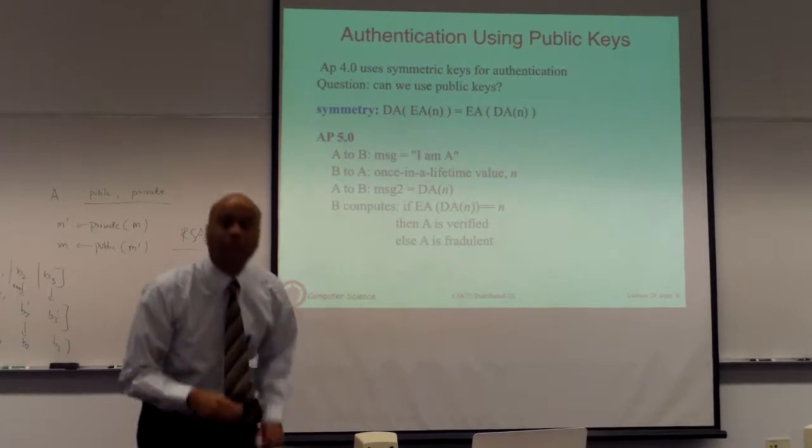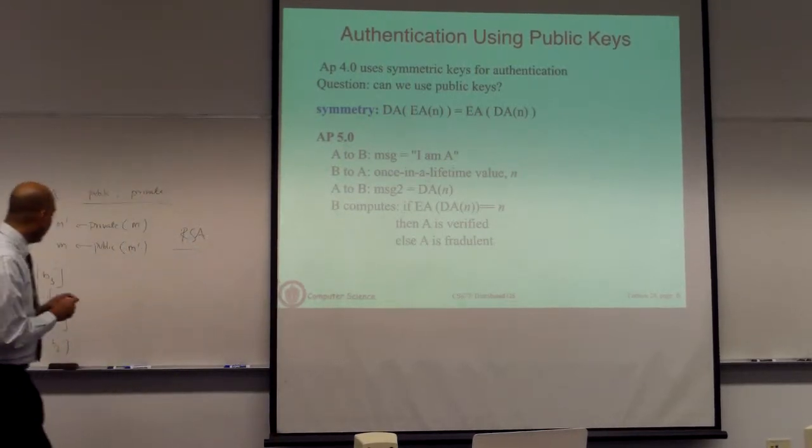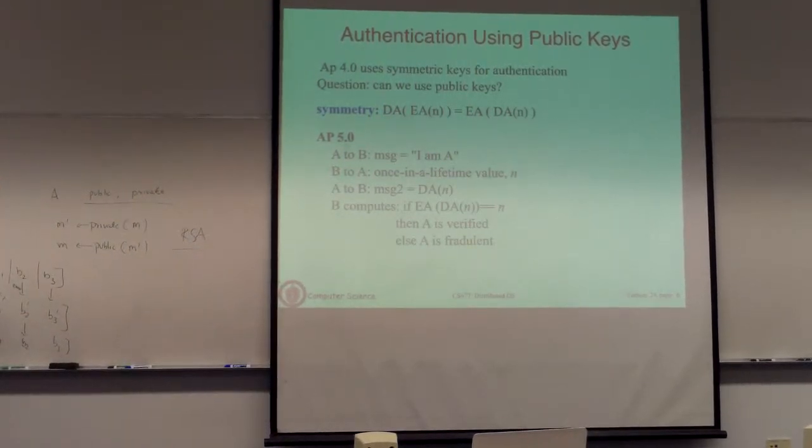If you have symmetric key cryptography, the encryption key and decryption key are one and the same. Because it's the same key, the assumption is the key is only known to the two parties who are communicating, not to anyone else. So no one else can take B prime and try to extract or generate B prime to begin with. In public key cryptography, these are two different keys.